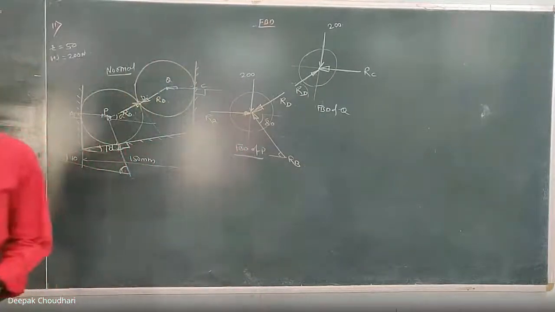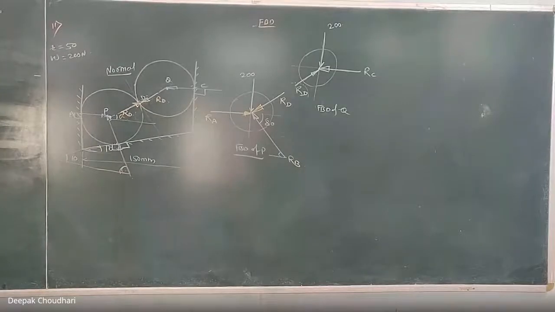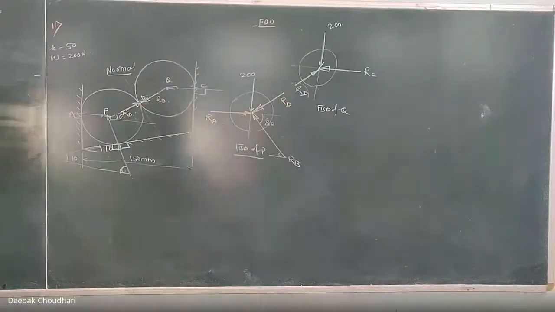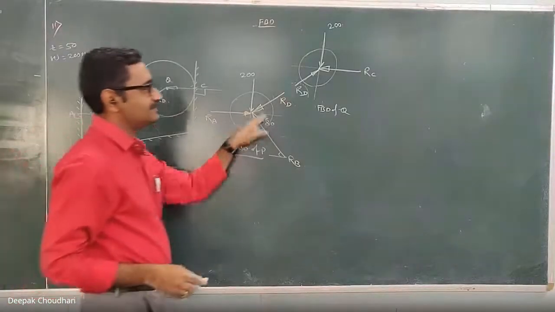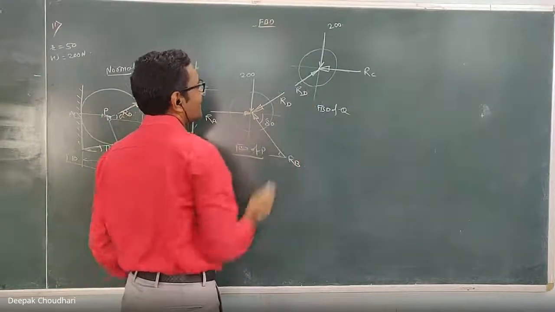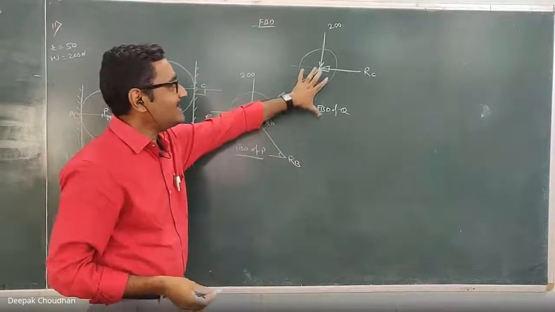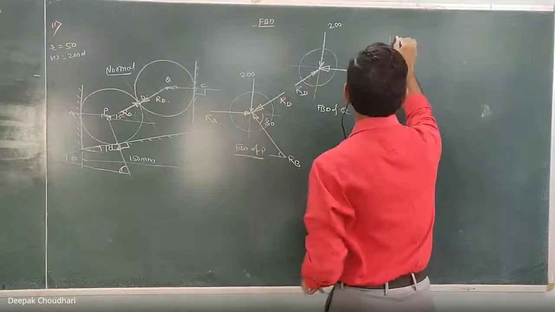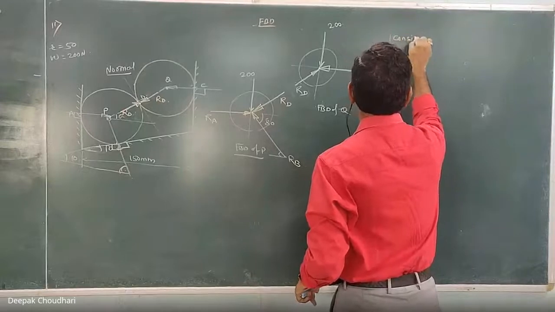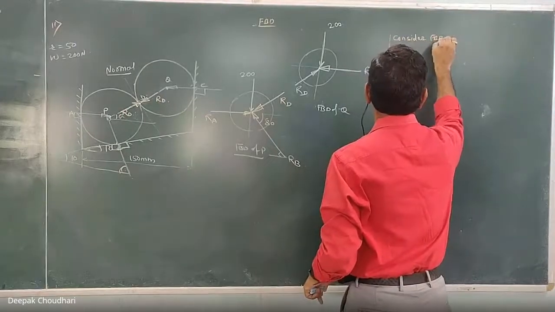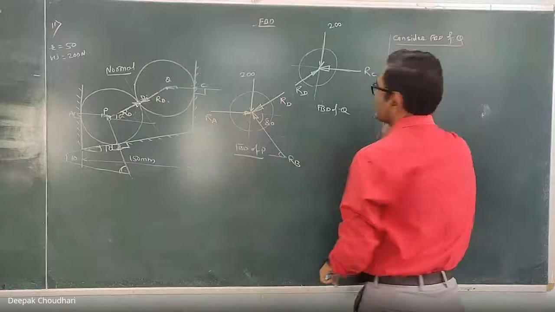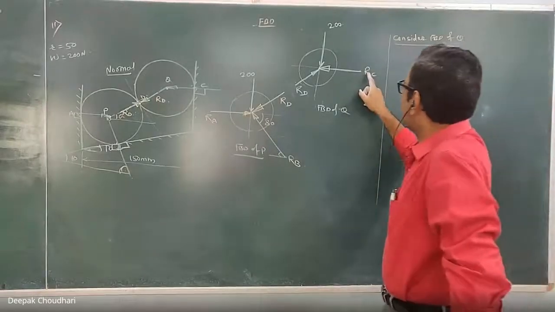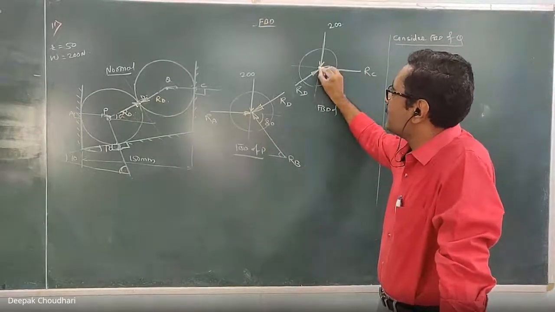Any difficulty in FBD? Any doubt? Okay, did you understand how this 80 degree angle came? Okay, now we will first analyze the FBD of Q. Consider the FBD of cylinder Q. Now can I calculate this RC and RD by applying Lami's theorem for this,